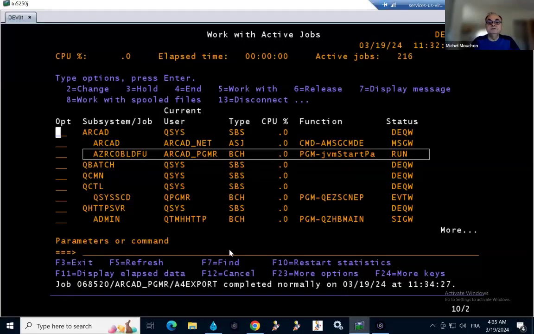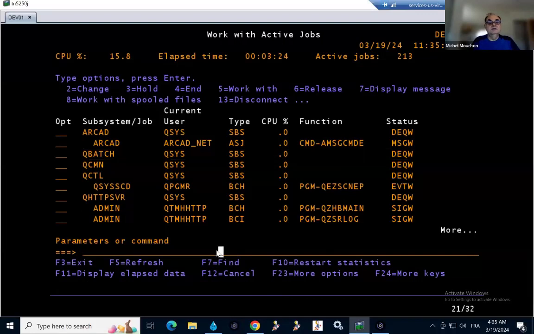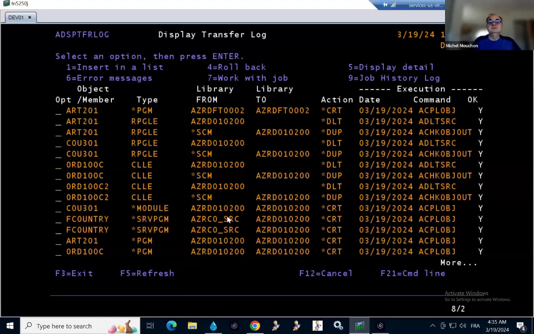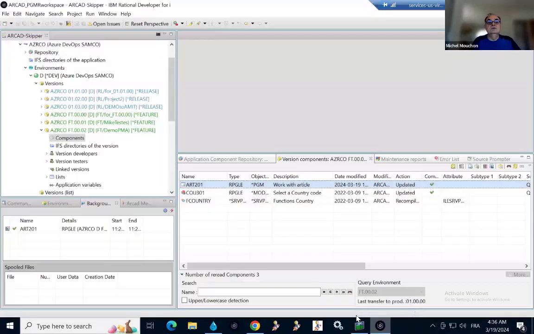If, for example, in ops, you see the jobs are on IBM i. So everything is done. It's in the job log. If I just have a look at what's happened on this machine today, this is all that happened today. So you can see the Azure version. We take the source, we recompile a service program. All these elements are visible from green screen. They are visible also